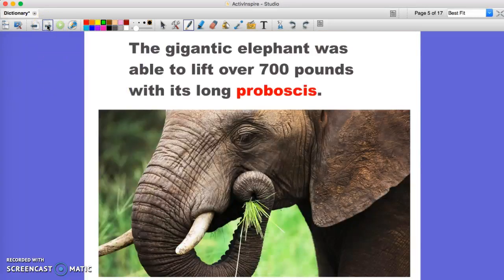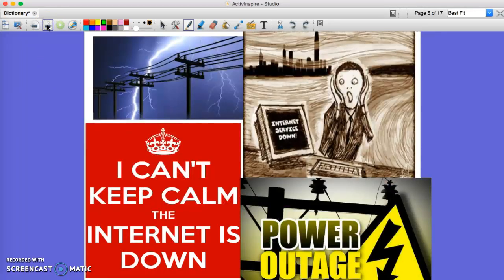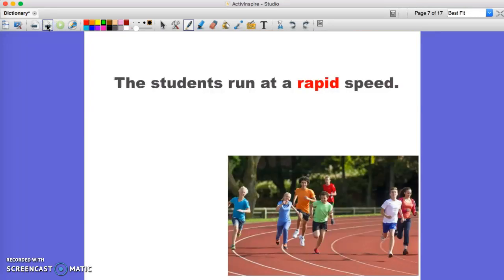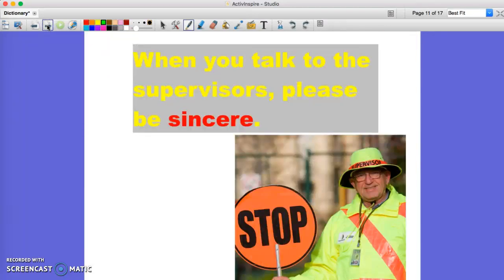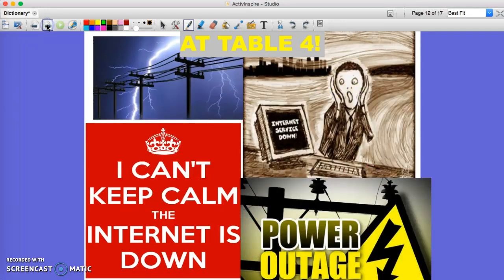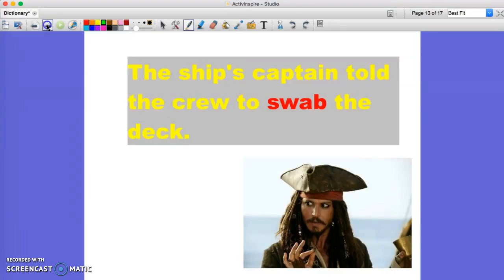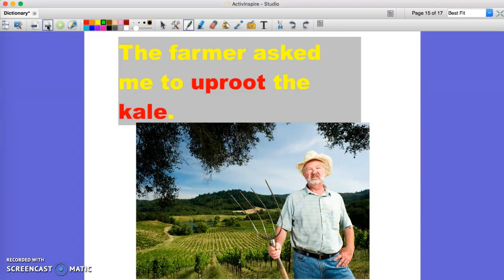They will work through a series of sentences with context clues, finding the meaning of the word, the part of speech, and once again, if they get a power outage, they will not be able to use their Chromebook and will have to use the print dictionaries. We go through a series of 5 or 6 exercises, and as a culminating activity,